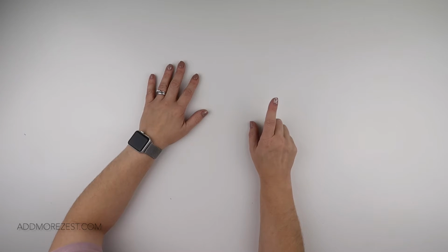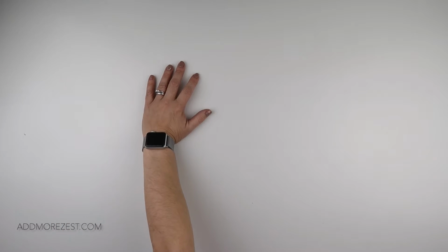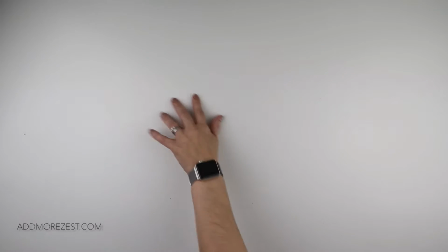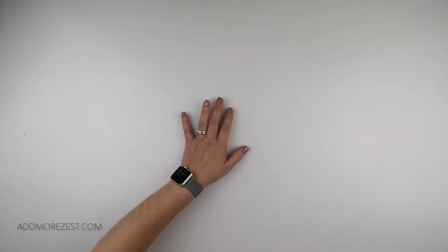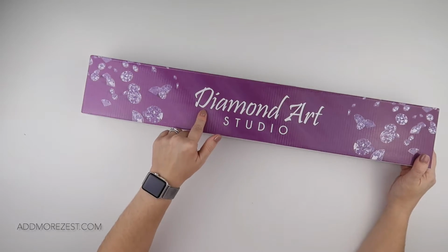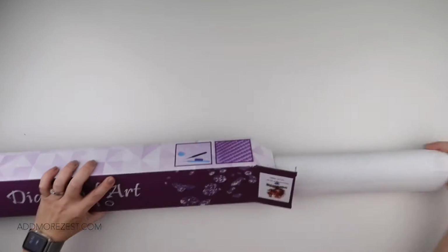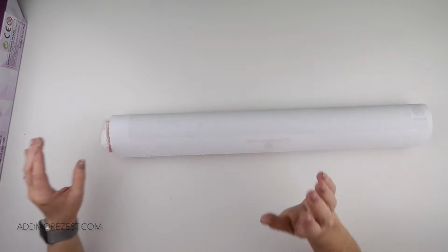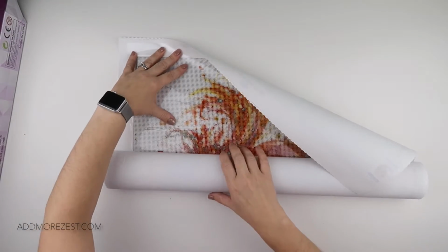So I have a few different companies. So let's start with probably the one I have the most of. Let me just count my Diamond Art Club and check. Yes, so the company I have the most paintings for in my stash at the moment are Diamond Art Studio. They are a UK company and I absolutely adore the paintings. I have quite a few. So this first one is a